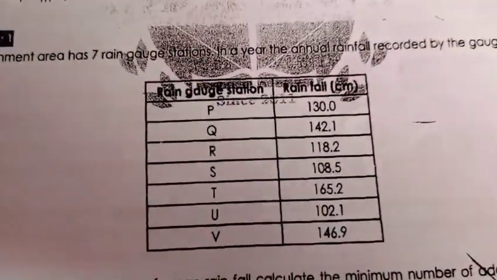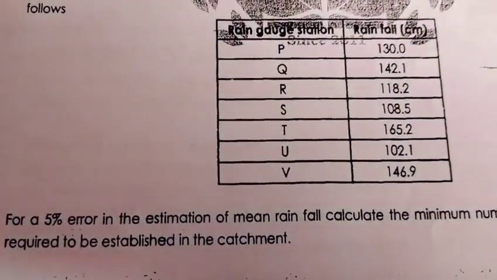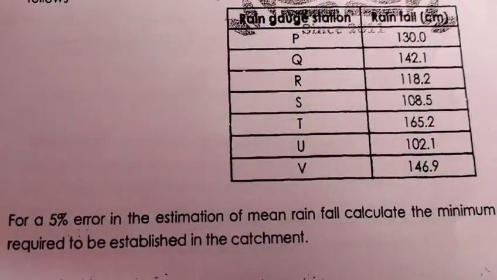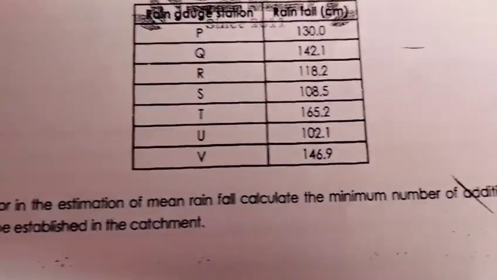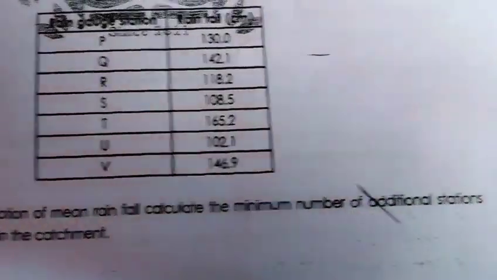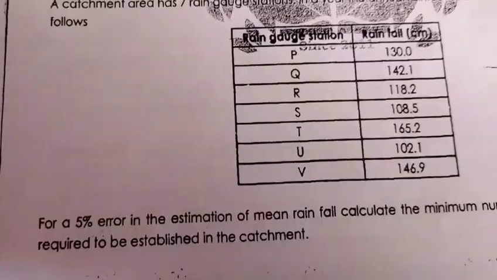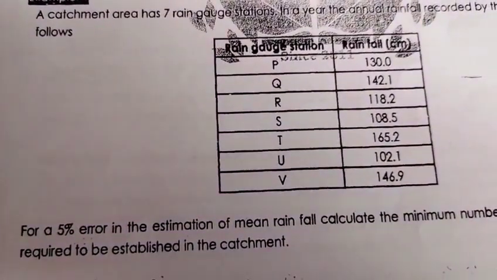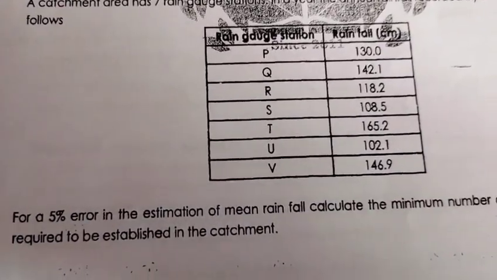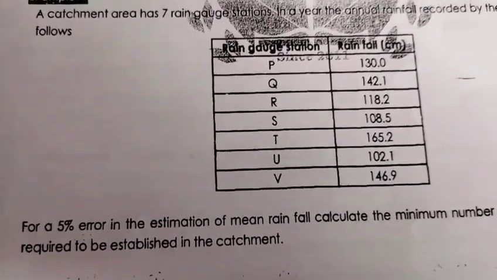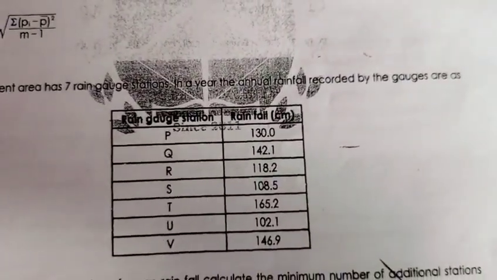So this is the given data, the rainfall over the 7 stations. For a 5% error in the estimation of the mean rainfall or average rainfall, calculate the minimum number of additional stations required to be established in the catchment. So this is the question, that the minimum number of rain gauge stations required to be established, we have to calculate for a particular catchment area, right? So this is the exercise. You can write that exercise,